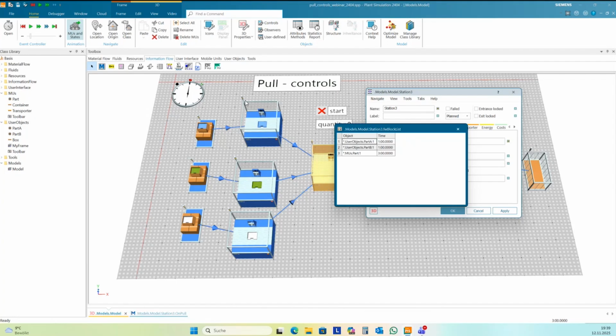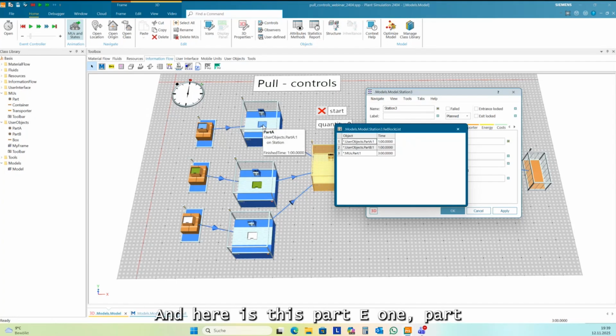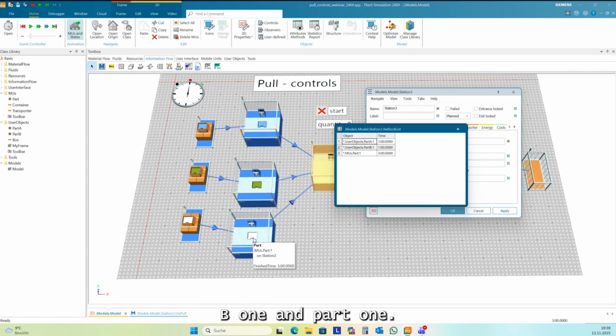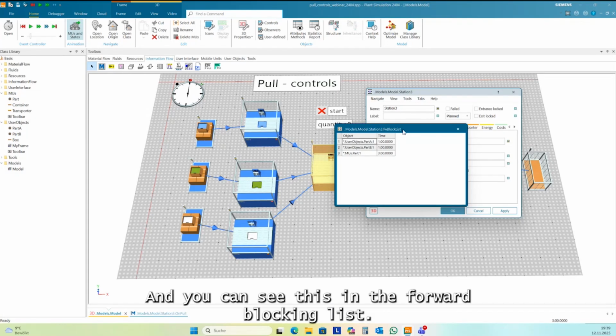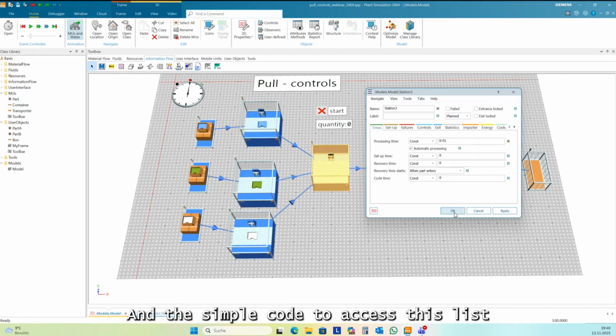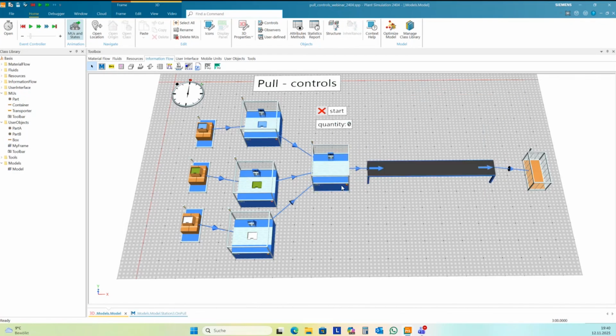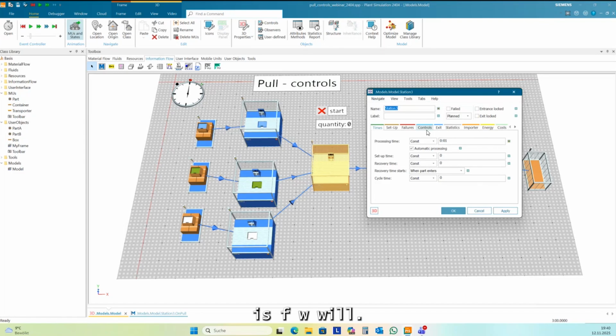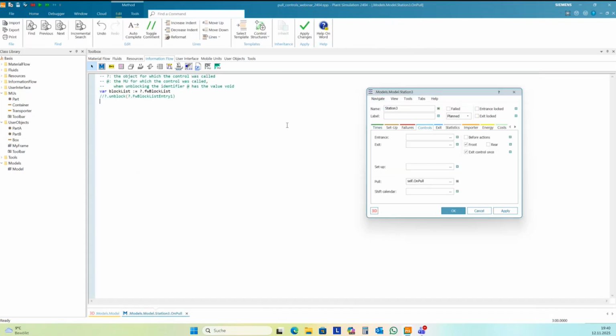All stations are in this state blocked, and here this is part E1, part B1, and part C1. These parts are blocked, and you can see this in the forward blocking list. And the SimTalk code to access this list is FWBlockList.